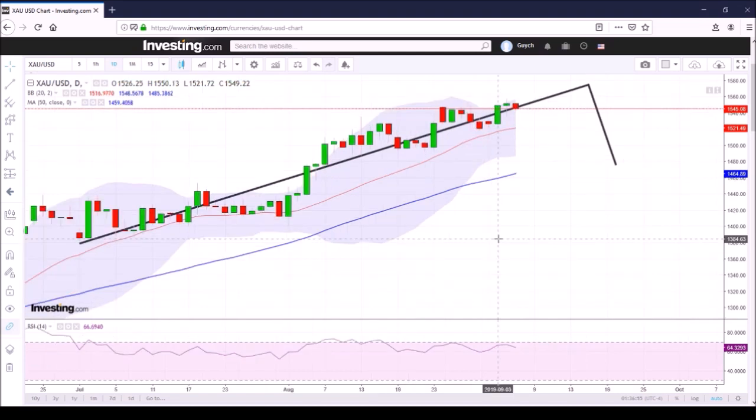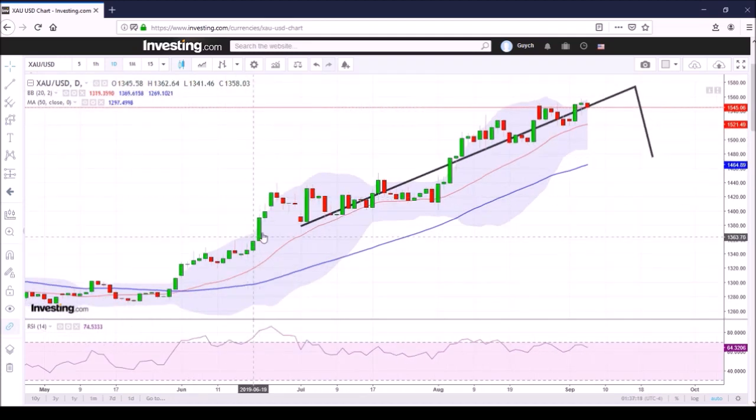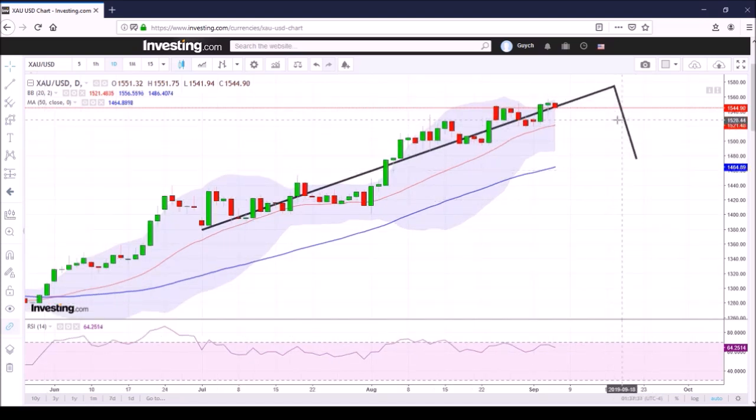sometime soon. And lastly, looking at the Bollinger Bands, gold price is already very close to the upper range of the Bollinger Bands. And if the gold strength continues for the next several days, we're going to poke through that Bollinger Bands a few times, which, as we've seen in early August, as well as middle of June, is an indication that the price should probably cool down for a short while. And that cool down will probably not take very long.